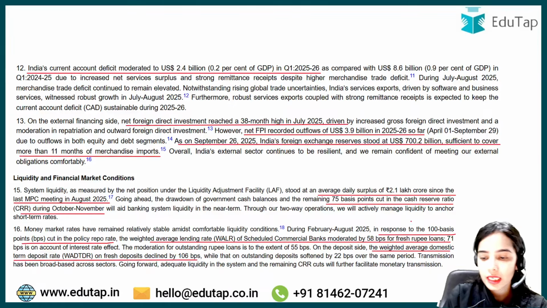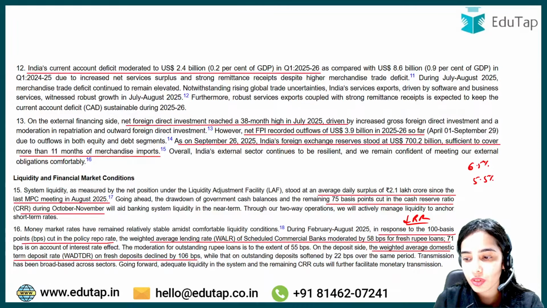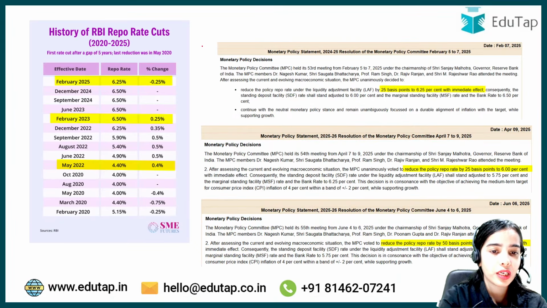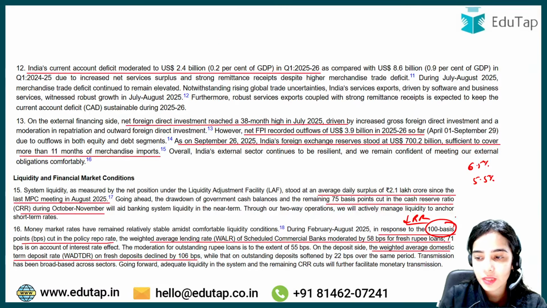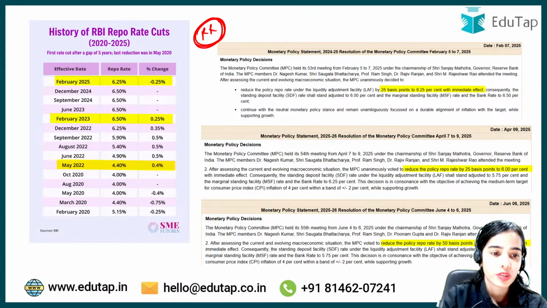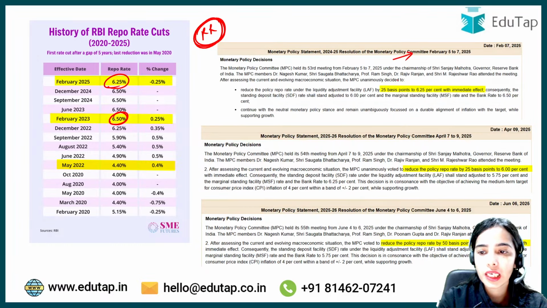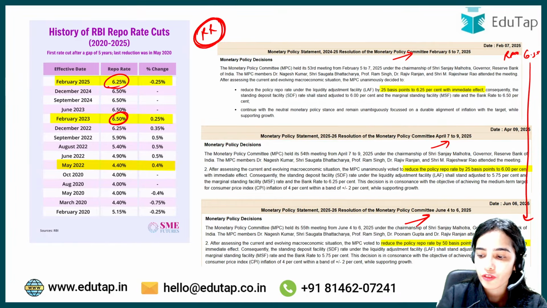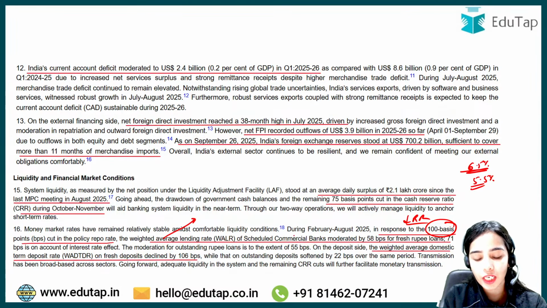Okay. Next, the repo rate has been decreased by 100 basis points from 6.5% to 5.5%. The first decrease was in February, then in April, then in June. This repo rate has been decreased from 6.5% to 5.5%, that is by 100 basis points, due to which the weighted average lending rate of the scheduled commercial banks